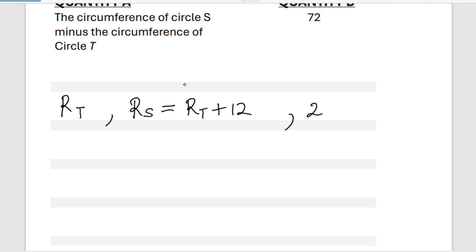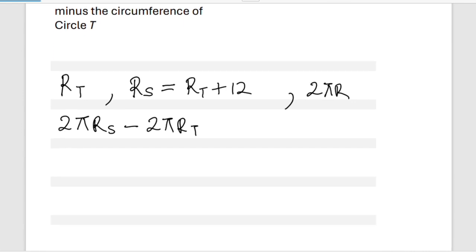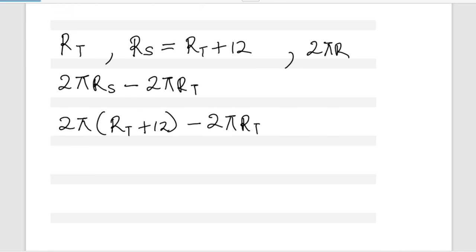Circumference is 2 pi r. So let us find what quantity A is, which will be 2 pi rs minus 2 pi rt. Okay, and here we know that rs is rt plus 12. So this would be 2 pi open bracket rt plus 12, minus 2 pi rt,